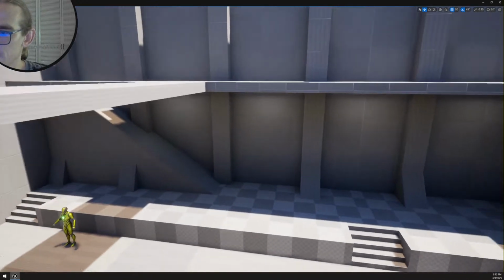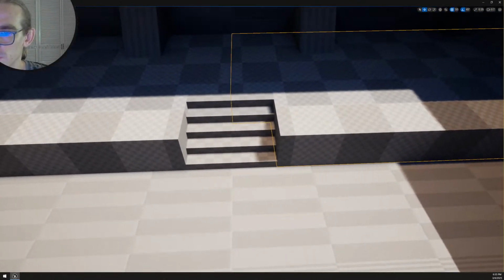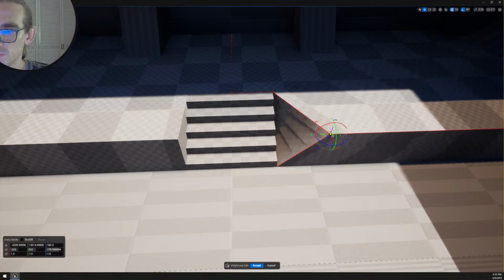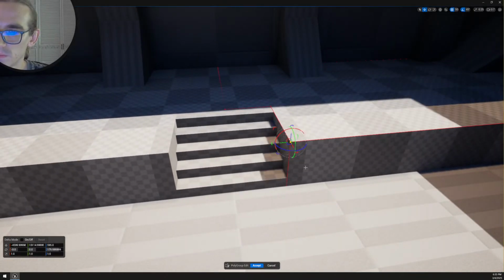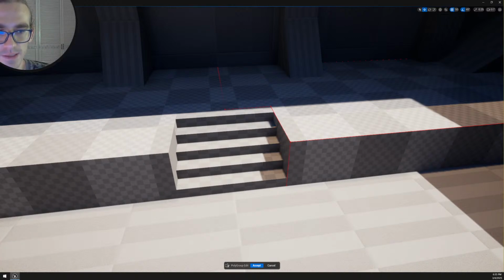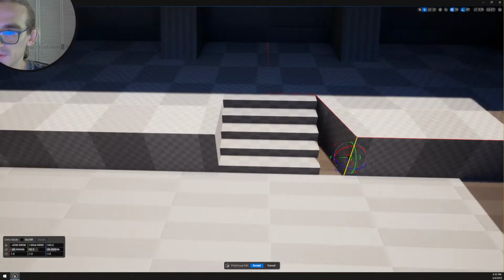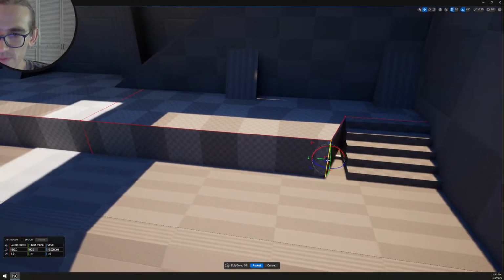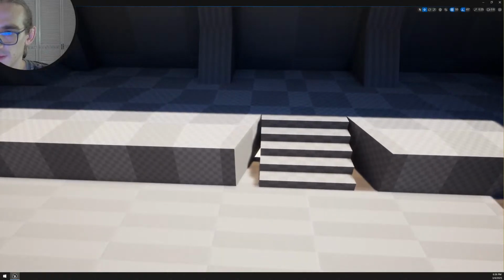Okay, let's see what happens if I get this. Maybe not like that, but just the edge pushed 50, just to start making some cool design and step away from the boxes. We can probably do this. It's kind of nice. Then we can probably